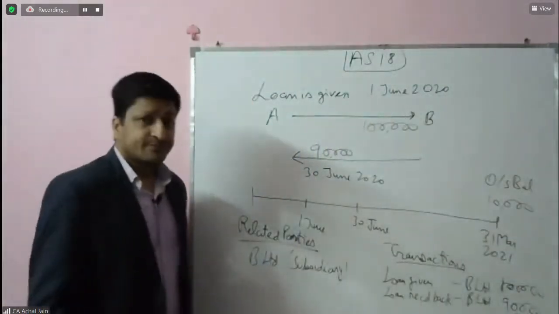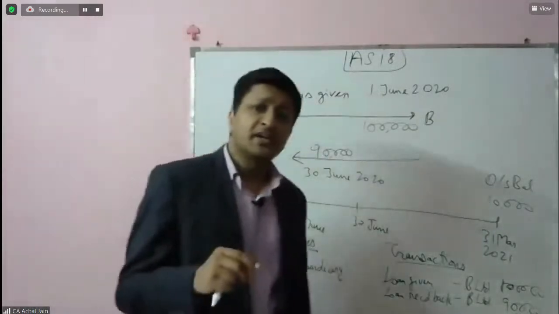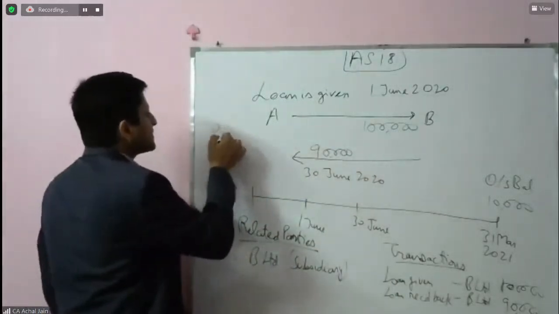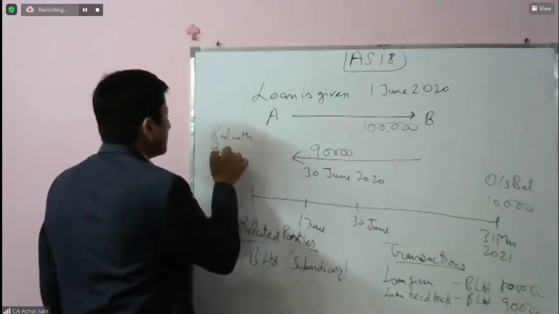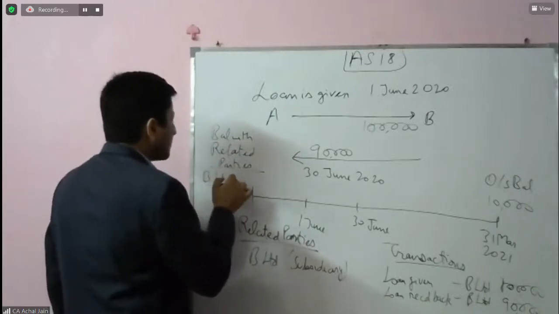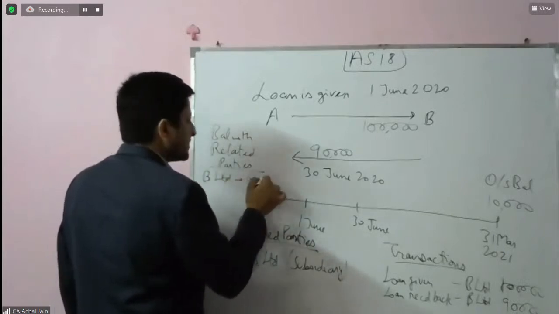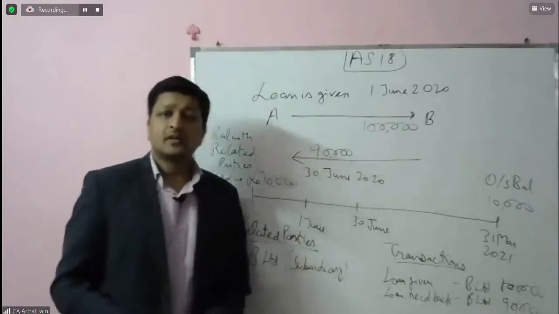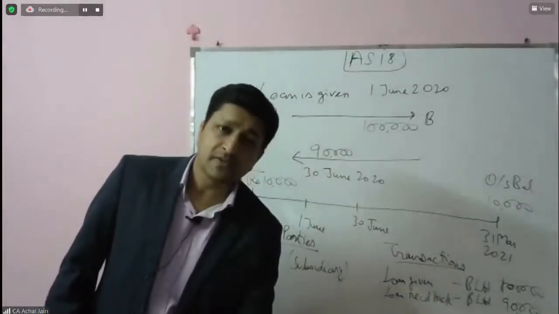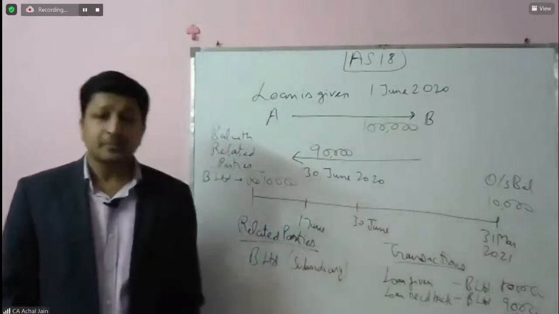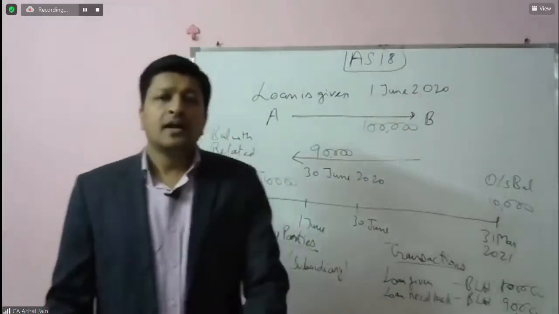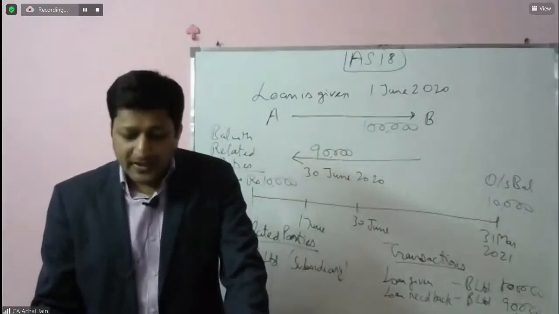So in the financial statements of A Limited, another disclosure will be given. First, related parties, second, transactions, and third, the balances with related parties, wherein the balance of B Limited amounting to rupees 10,000 will also be required to be disclosed. So all three disclosures will therefore come in the financial statements. Fine, clear on this? So this is all about the disclosures which are required to be given in the financial